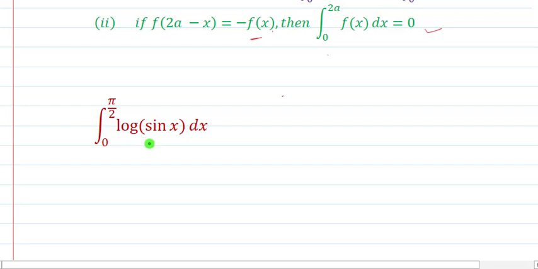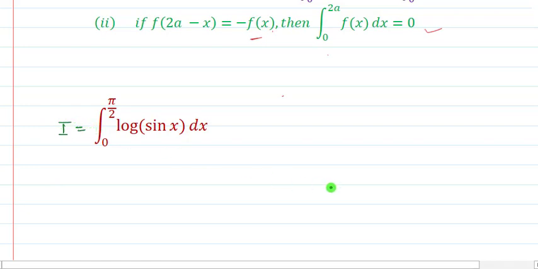Here I am going to explain a very important question of this topic. This is the integral from 0 to pi by 2 of log sin x dx. The limit is from 0 to a. So clearly, as I told you, when we are observing 0 to a, we should use the a minus x property. Meaning f(x) can be written as f(a minus x). So using the property,